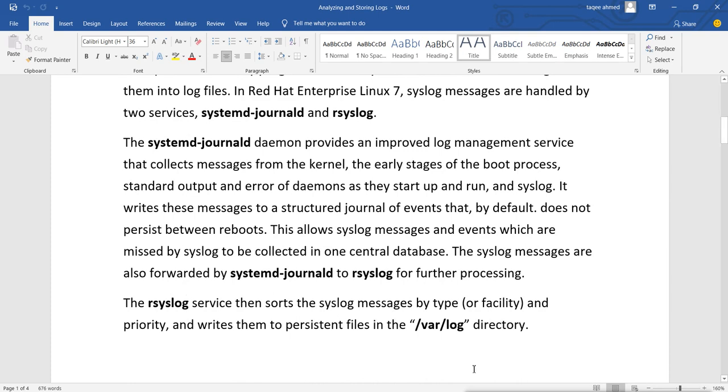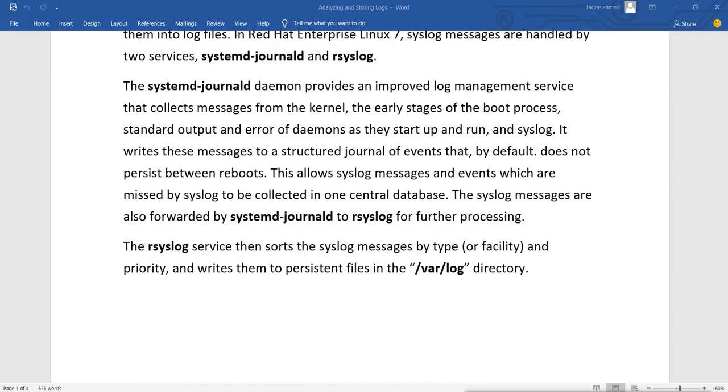Okay, so systemd-journald collects the messages and provides them to rsyslog for further processing. The rsyslog service then sorts the syslog messages by type, which is also called facility, and priority, and writes them to persistent files in the /var/log directory.